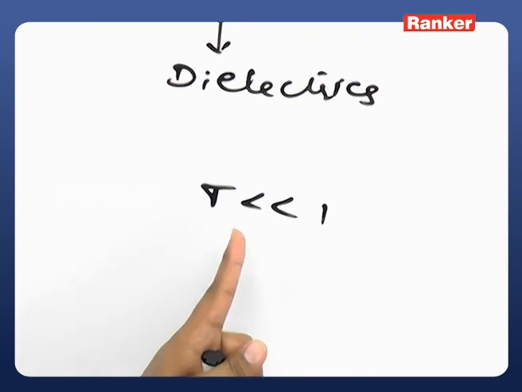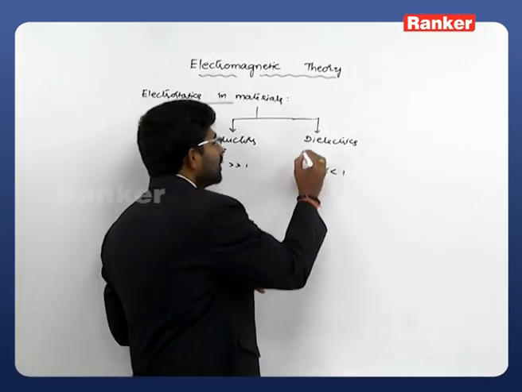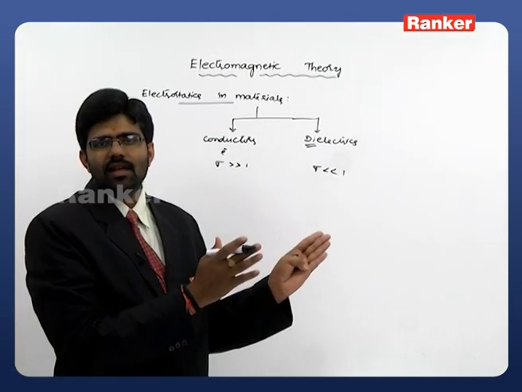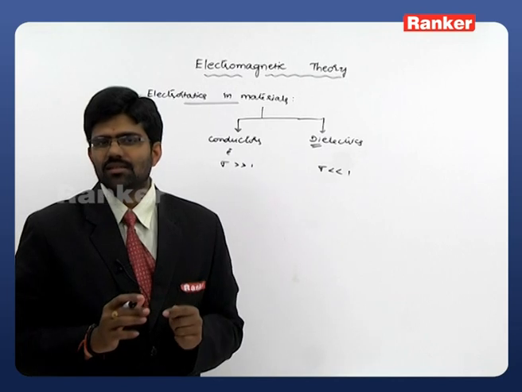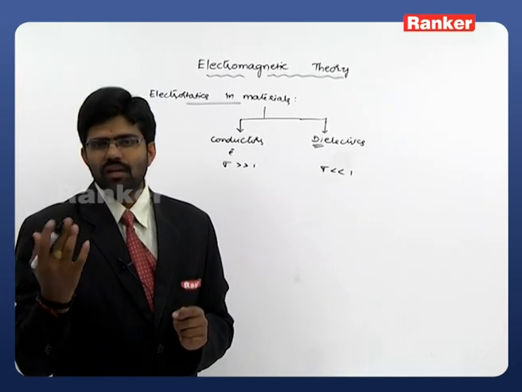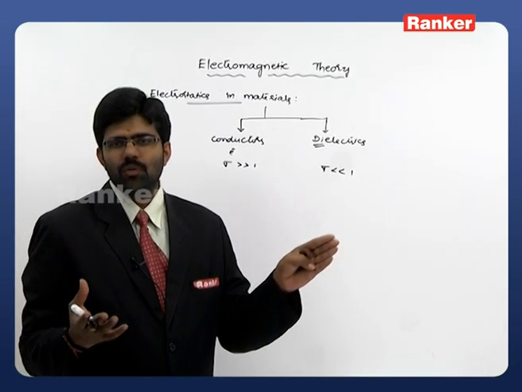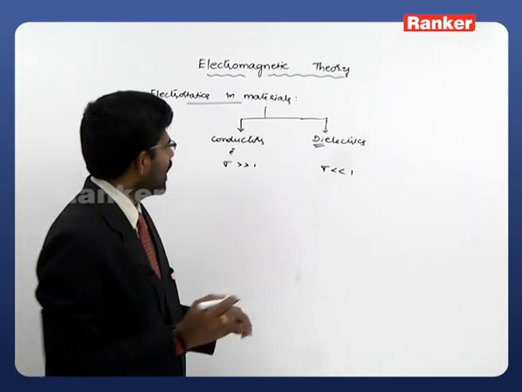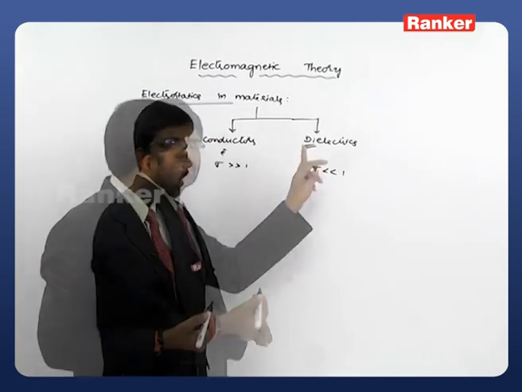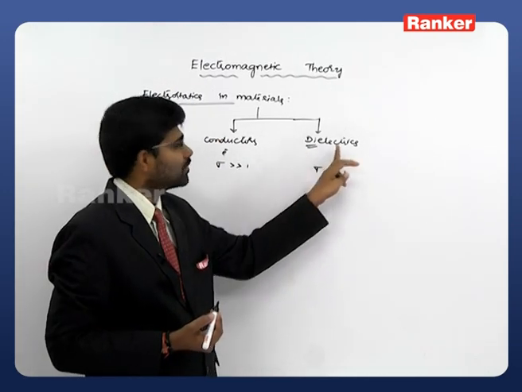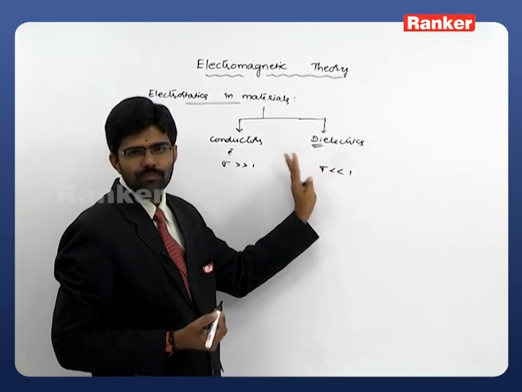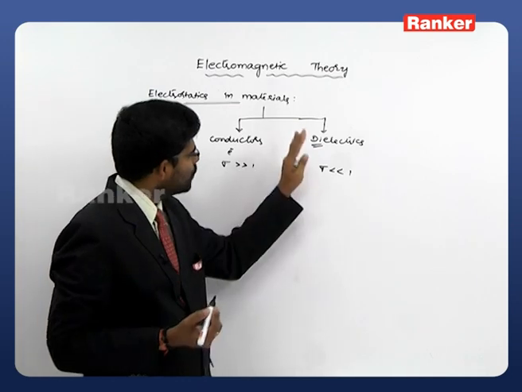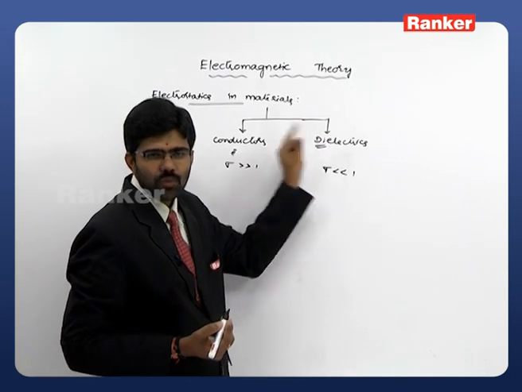Here we exclusively call them dielectrics because they can possess two different types of electrical behavior. Sometimes they act as insulators and sometimes as conductors. It purely depends upon the applied electric field or some external conditions that they act as conductors as well as insulators. That's why we call them dielectric materials. This is the basic criterion for classifying the materials. Now we will examine what happens when we place a charge in a dielectric,